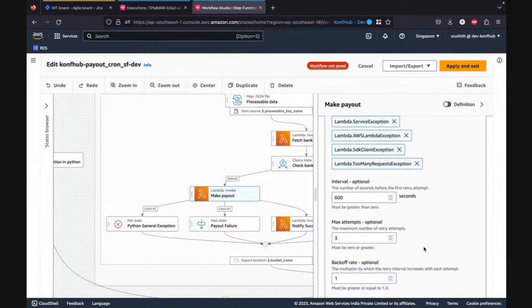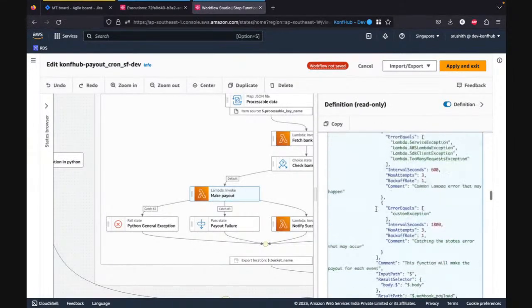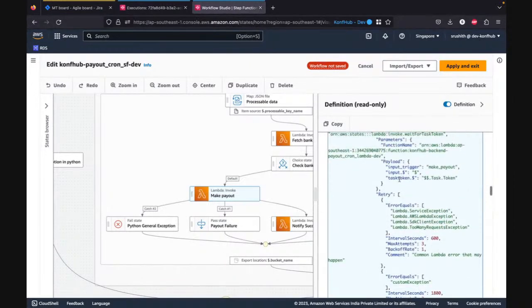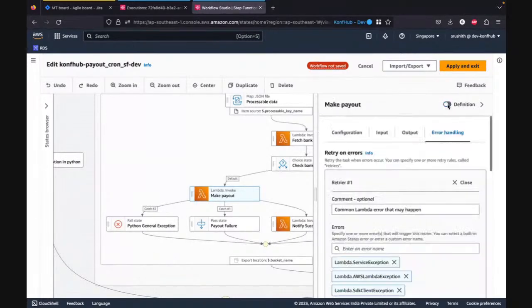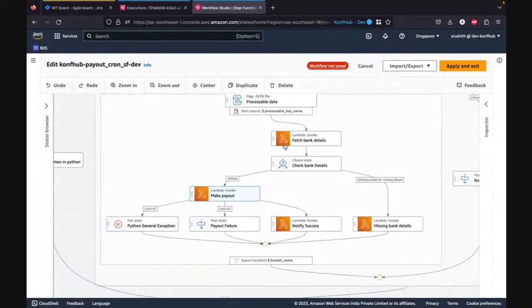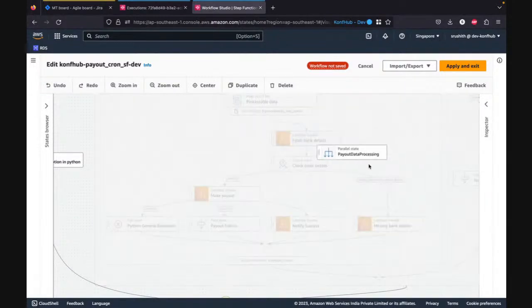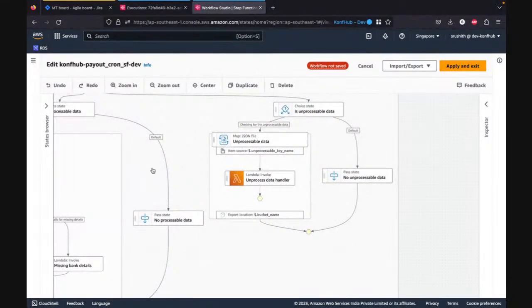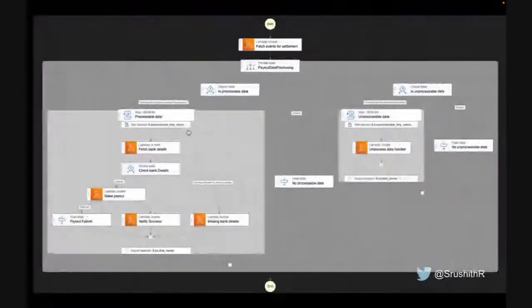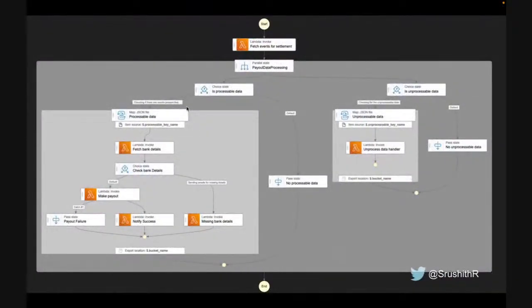You can just input the details here, or you can configure it as a definition here. Of course, the definition might be a little scary because this is quite complex, as you can see. It's pretty big. But essentially, you can configure at every single point what your catch is, what your retry is, and how you want to handle errors. And this is the parallel state, choice state. So yeah, that is one live example, the same thing that I showed, of how we process data with all the features of